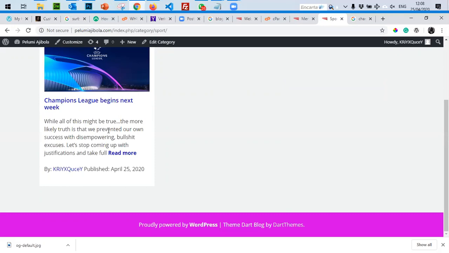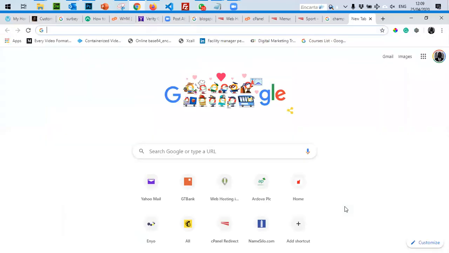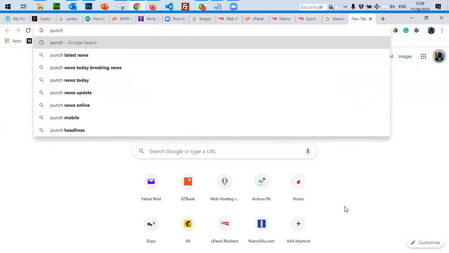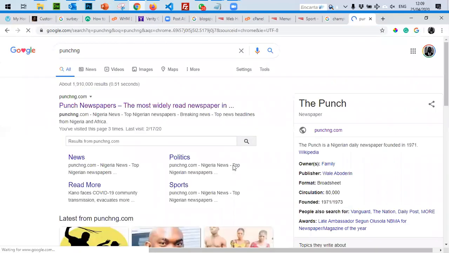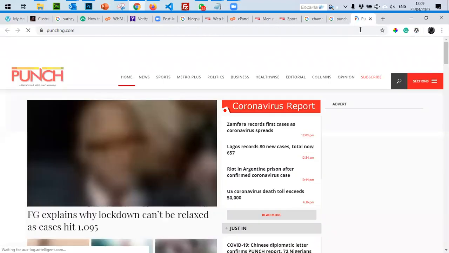For most newspaper websites, the Punch, the Guardian, they all use blogs. They use blog templates. They would not work with the free blog template because they want to maximize a lot of functionalities in the blog.